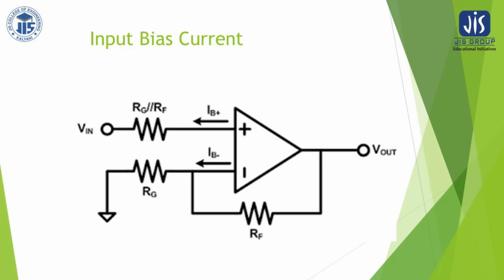These are physical quantities which are not actually zero, or practically zero, but still exist, and need to be nullified or equalized. One of the currents is either larger and the other is smaller because of the difference in the type of transistor we have taken. If they are identical, then only this value will be zero. That is, IB plus minus IB minus should be zero if the transistors used in the differential amplifier are identical.